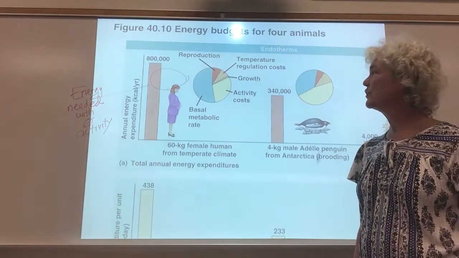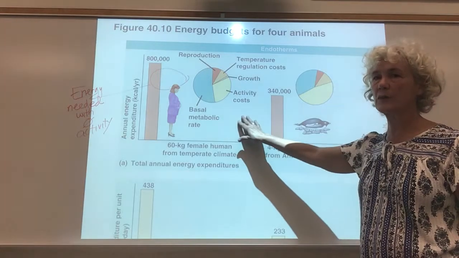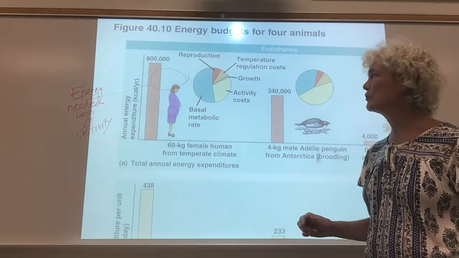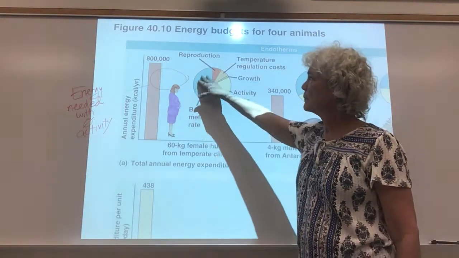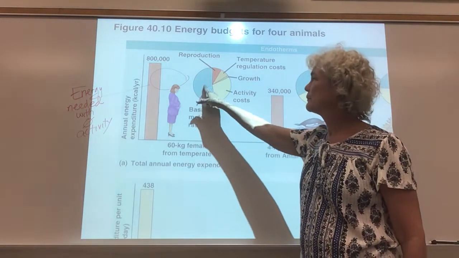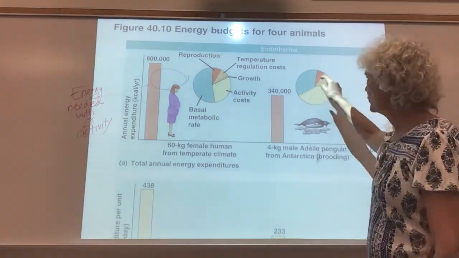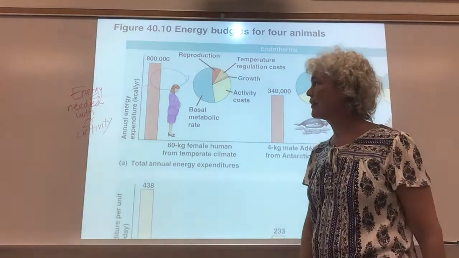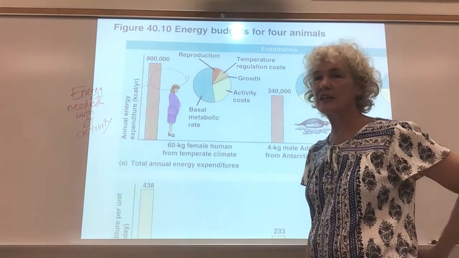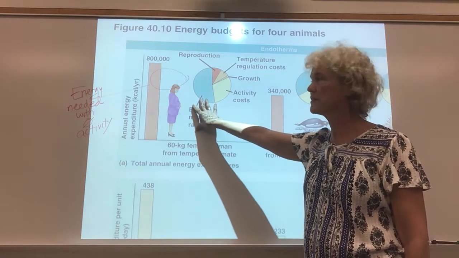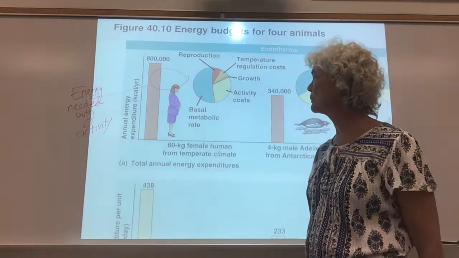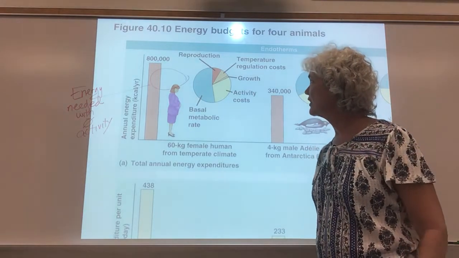All right, so just so you can see what these things are before I scan back out so you can do more of a comparison, you can see the basal metabolic rate is in blue. So if I'm looking just across the board, blue is my basal. And the basal metabolic rate is fairly high for somebody that is pregnant, all right? That is the reproductive. In fact, all of these are reproductive. My activity costs